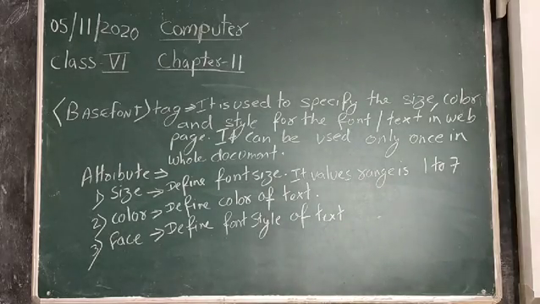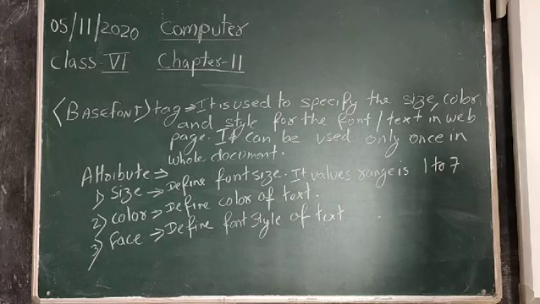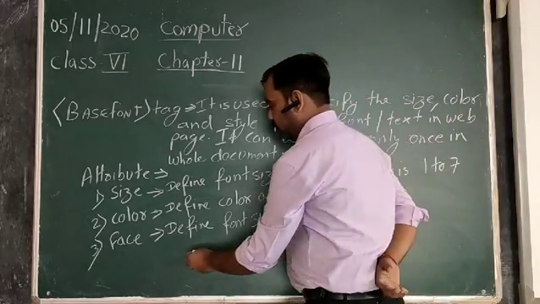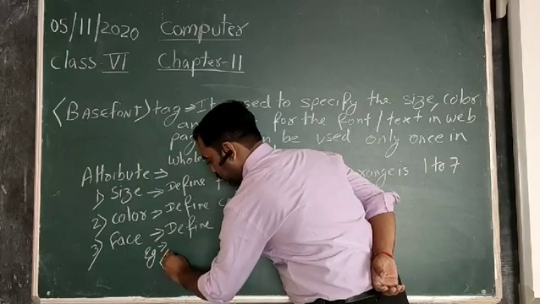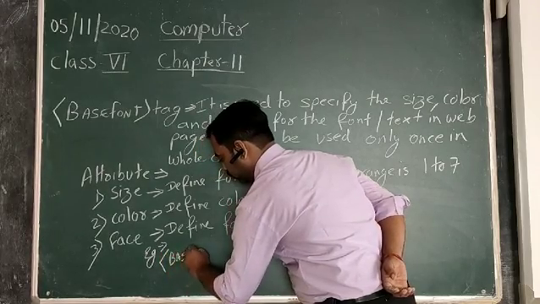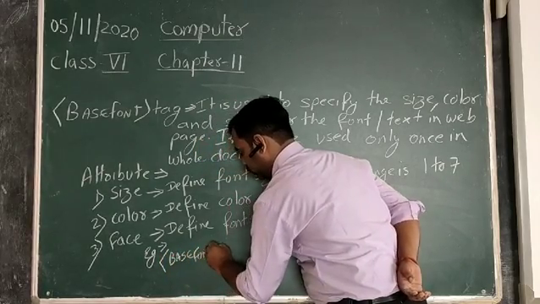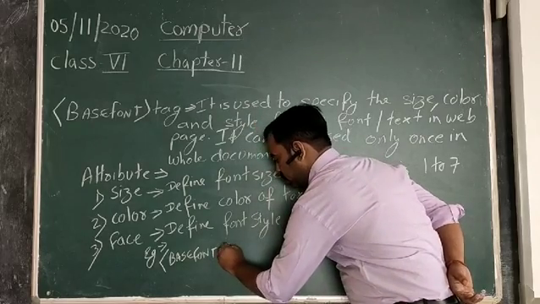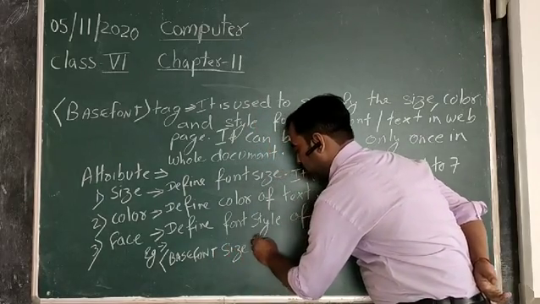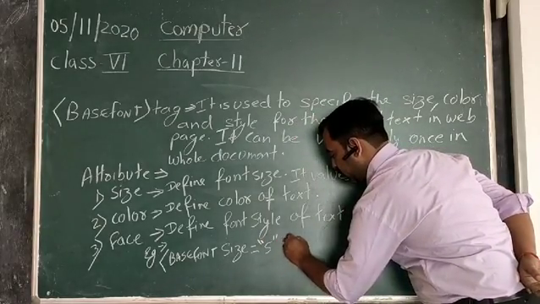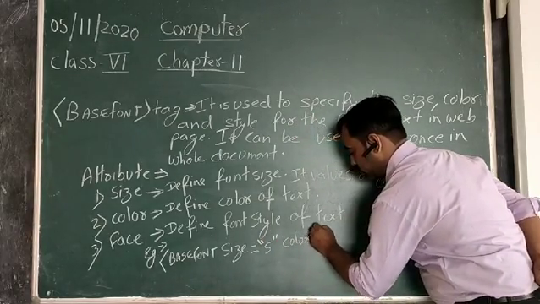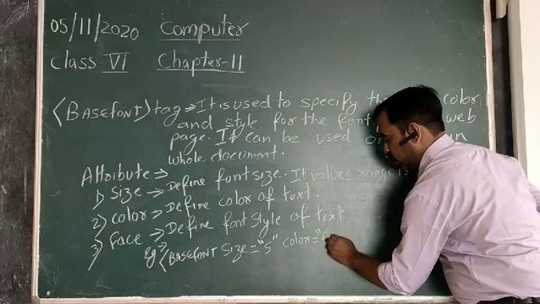and it can be used separately. Again, the basefont is an empty tag, so you can define it like this example: basefont. Then you can define size equal to, suppose I define 5. Then you can define the color green,